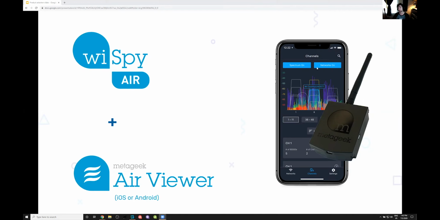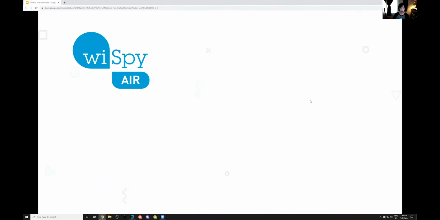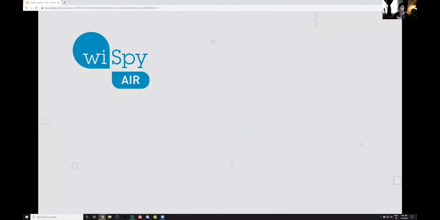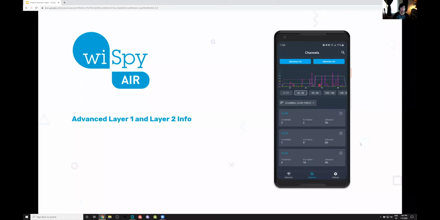Now, just to go over some selling points of the Wi-Fi Air, it gives you that real-time network overview. It's a lot like InSSIDer. You get Wi-Fi scanning capabilities, signal strength, things like that. It has a packet capture adapter in it and a Spectrum Analyzer in it. This is really great to show you, again, that interference, so I'll show you what that looks like with this